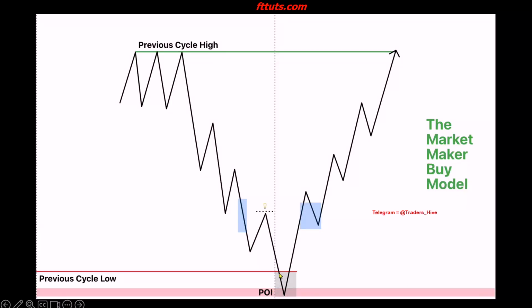We see the market run higher aggressively, trading with speed and velocity above this high. However, it's important to note that the speed and velocity that you might see right here can also be rather lethargic, rather slow, and that tells you something about the delivery that's likely to follow. However, in the most ideal cases, we want to see speed and velocity above this high. And the reason why this high is important is not only because it is a bullish breaker, but it's also a high that formed inside of a CB right here on the left side of the curve.